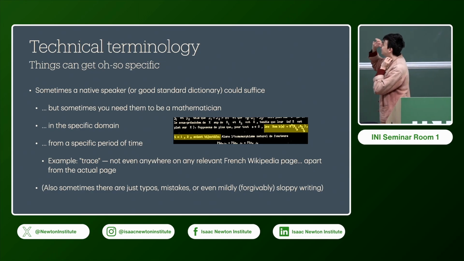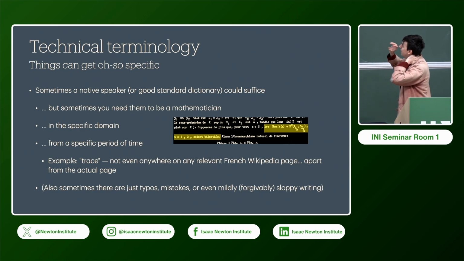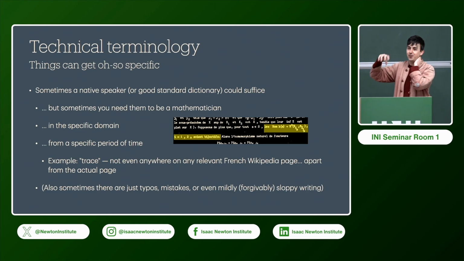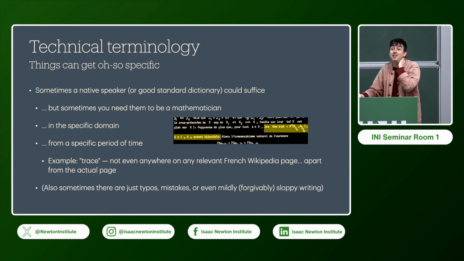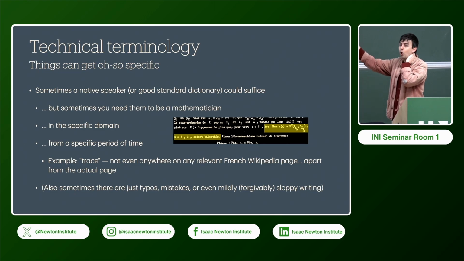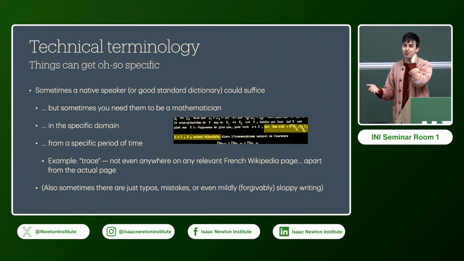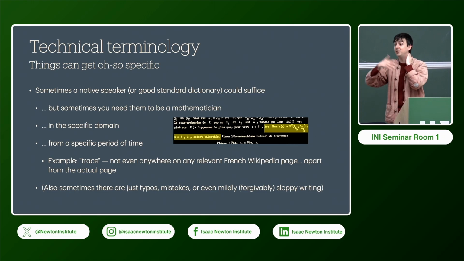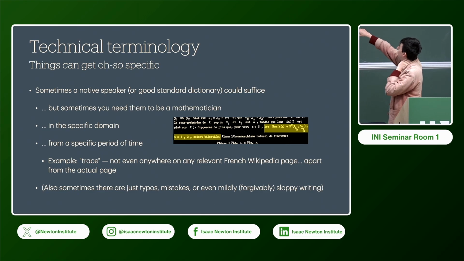It's just this one specific word that caused me so much issue that was so hard to track down until I found someone who knew exactly what it meant, and then it was so easy to track down, right? And it doesn't help that trace is such a common word. This is a big issue with French: words can be very similar to what they might be in English, which means you get a lot of search results for them, and it's quite hard to find them in a specific context.